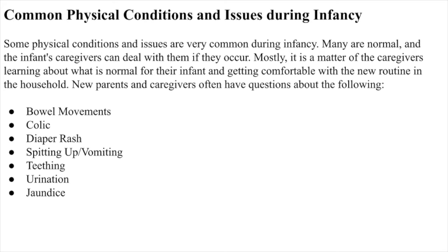Some physical conditions and issues are very common during infancy. Many are normal, and the infant's caregivers can deal with them if they occur. Mostly, it is a matter of the caregivers learning about what is normal for their infant and getting comfortable with the new routine in the household. New parents and caregivers often have questions about the following: bowel movements, colic, diaper rash, spitting up, vomiting, teething, urination,